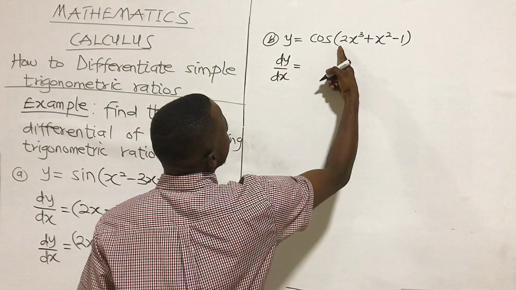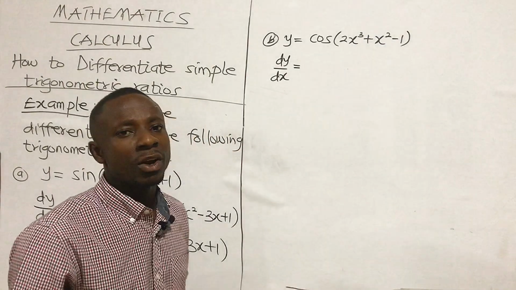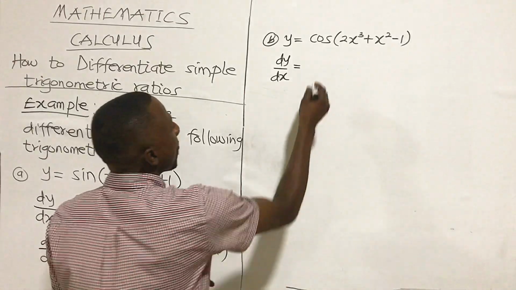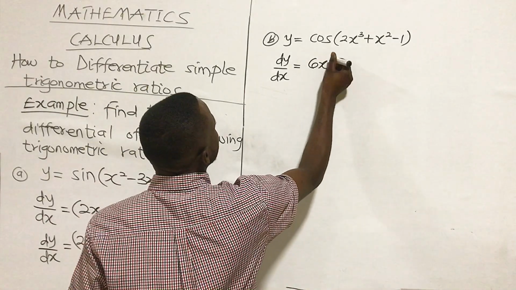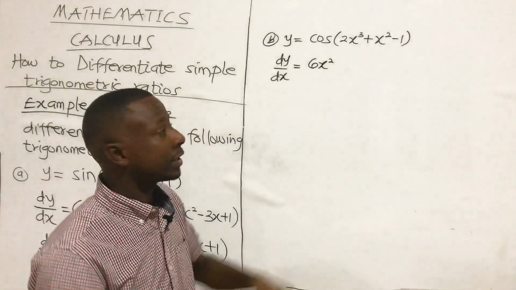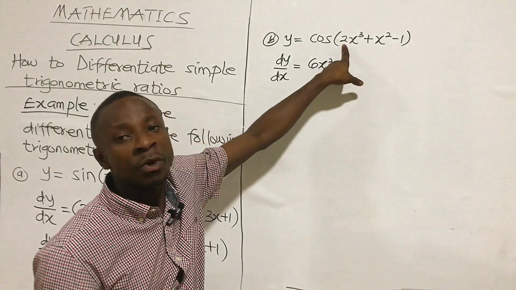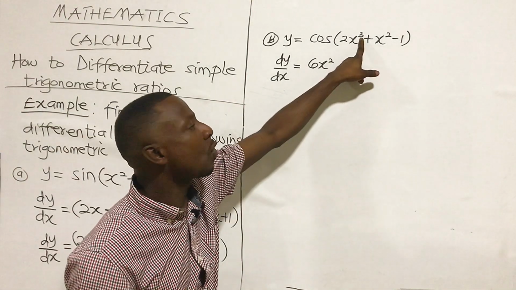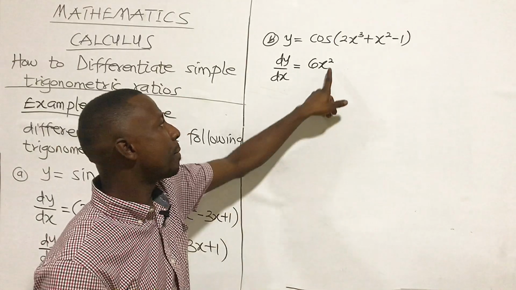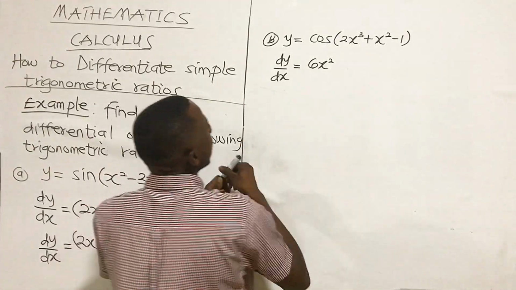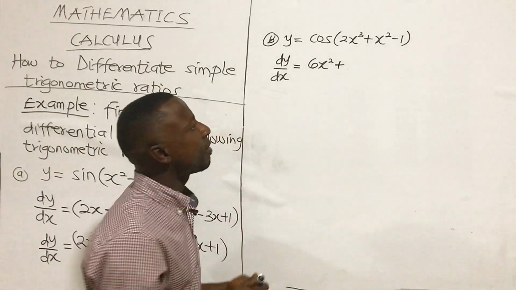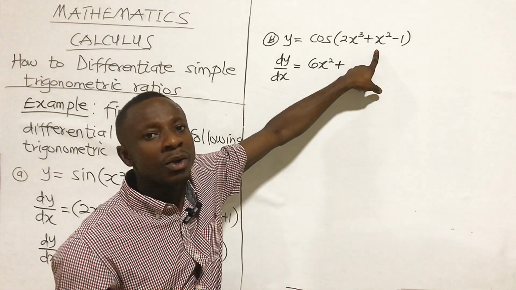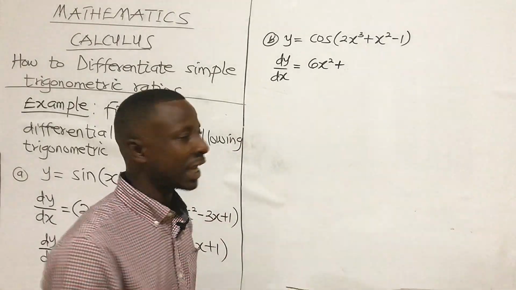So when I differentiate 2x cubed, we are going to get 6x squared, because the 3 here will multiply the coefficient of the x cubed, which is 6. Then I'll take 1 from the exponent, making 2. Plus, when I differentiate x squared, we are going to get 2x